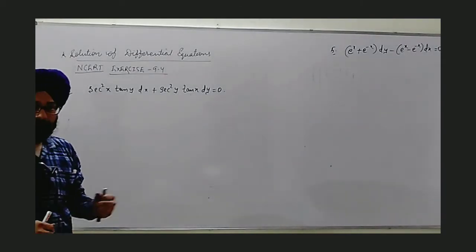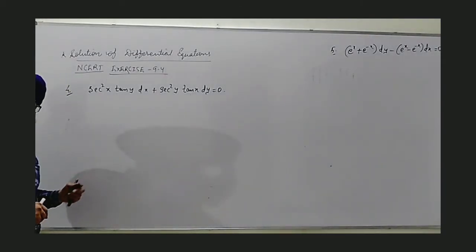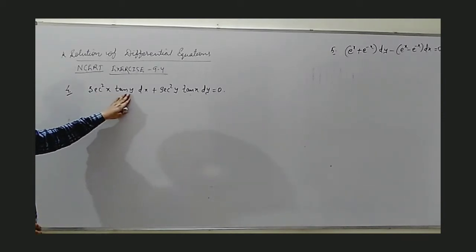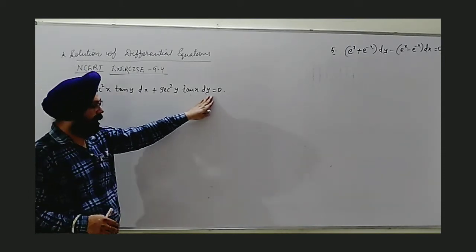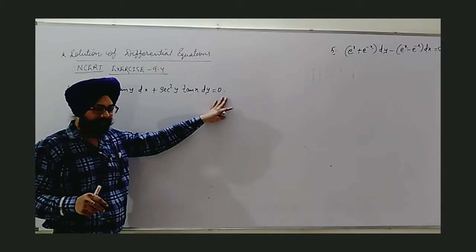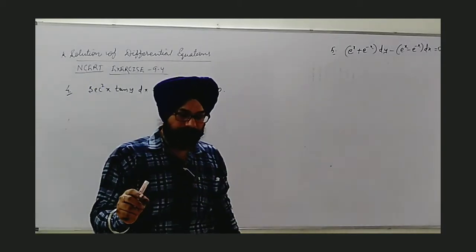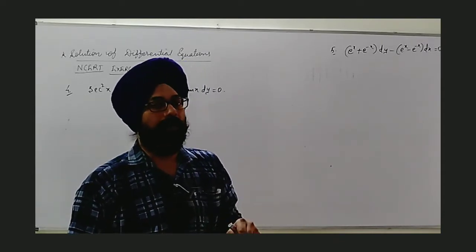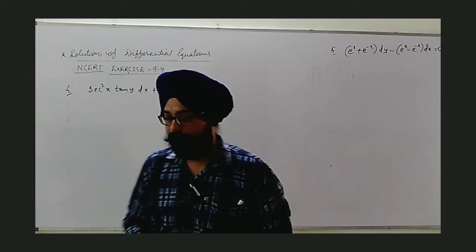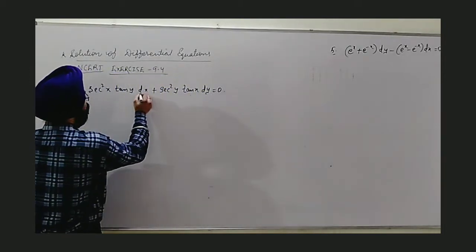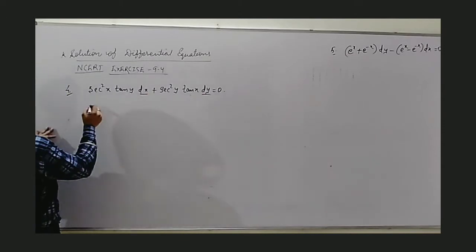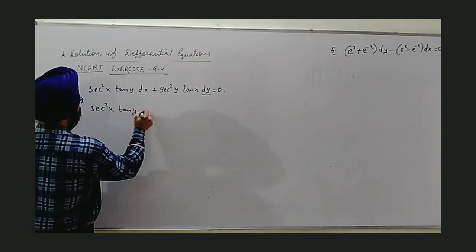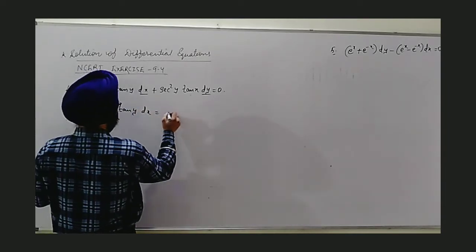As the next question, I have taken question number 4. You can see it is different from the previous cases as we are given a totally stretched form. You see, sec square x tan y dx plus sec square y tan x dy equal to 0. In the beginning I said, whenever a differential equation is given, the very first step is to find out the value of dy by dx. That gives you an idea whether it is separable or non-separable. Let's see, here we have one term of dx, the other is of dy, shifting the second term to the RHS.